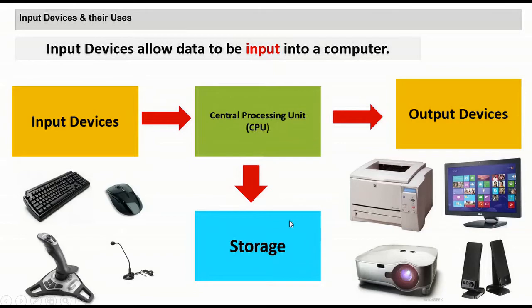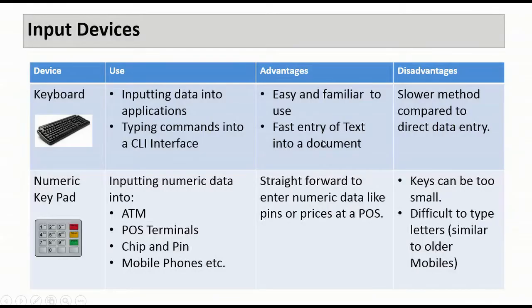So where do storage devices come into place? When there is data to be processed by your CPU, that data can come from storage devices. They are only used for storage. They do not do the same job as input or output devices. So you can see this is how all the three types of devices that we are going to discuss in this chapter come together to form a complete cycle.